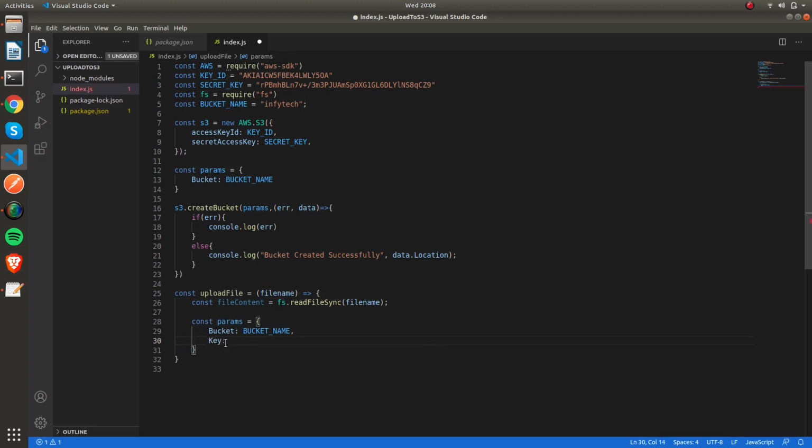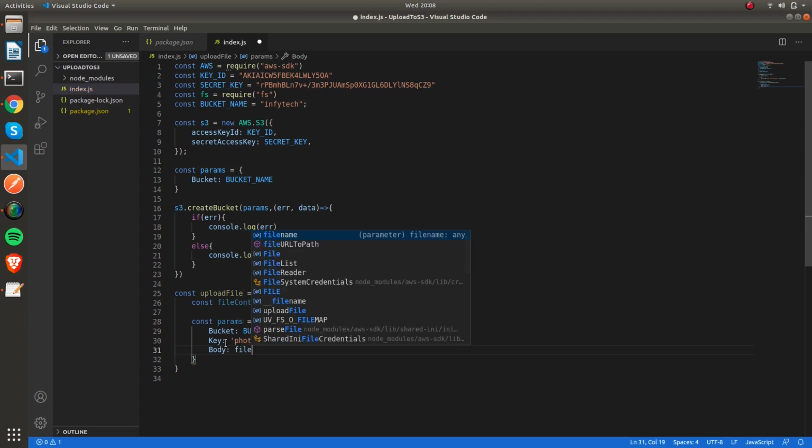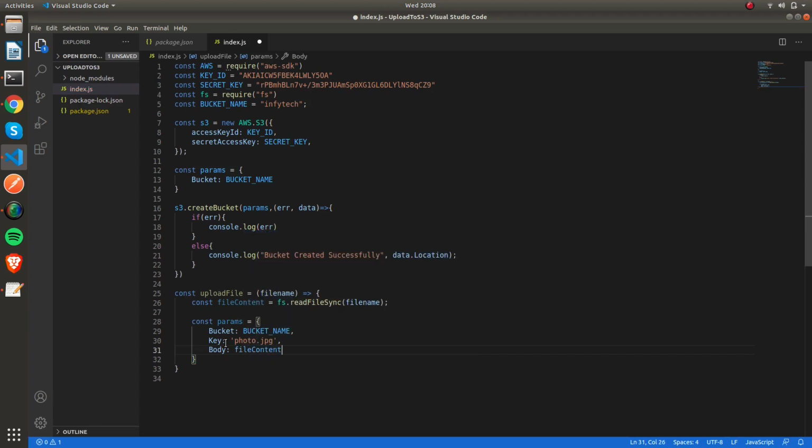This key is nothing but the name of your object. You can say photo.jpg. So this will be the file name of your object in your bucket. After key, you also need to pass the body, which is the most important one, and our body is going to be the file content.